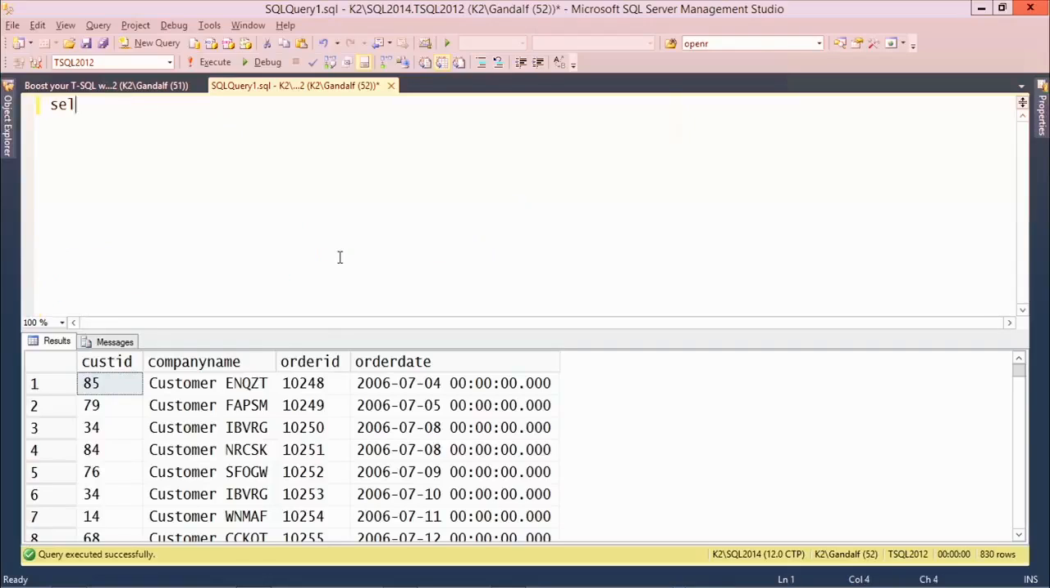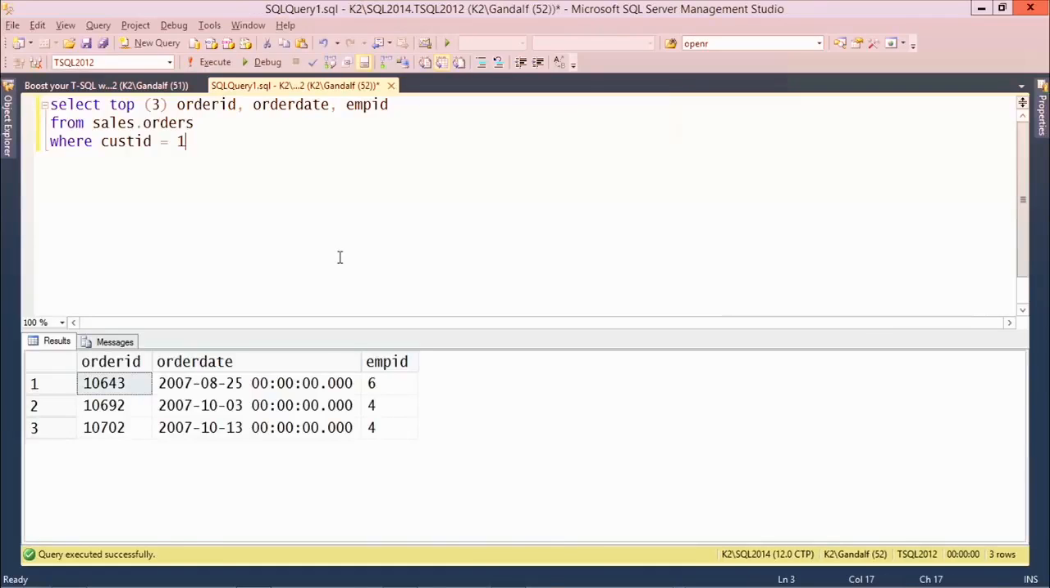We write a select top of some number. Let's take 3 as an example, of information about the order: order ID, order date, maybe the employee ID, from orders where the customer ID is equal to some specific customer. So here you can see that I returned 3 orders for some customer, and now to make those the 3